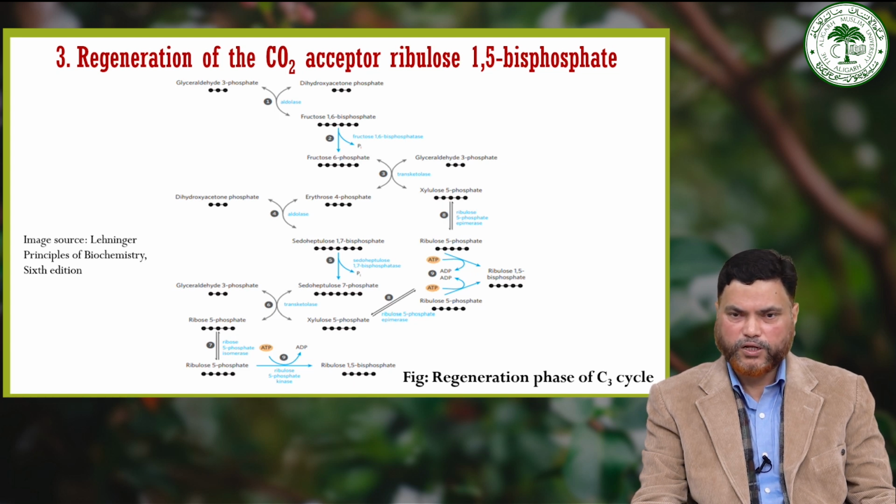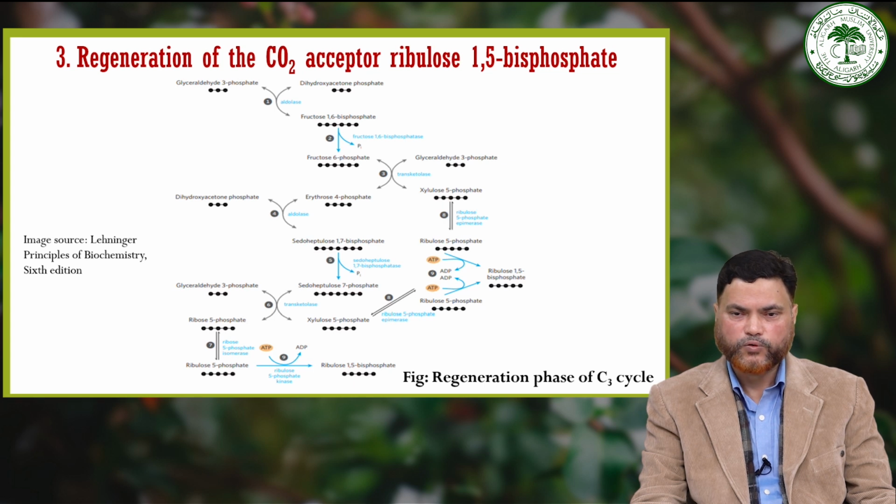Regeneration basically requires ATP and involves a complex network of reactions. The intermediates in this pathway are 3, 4, 5, 6 and 7 carbon sugars, and now let us discuss each of the reactions in a stepwise manner. In the diagram on the slide, which shows the interconversion of triose and pentose phosphates, the number of carbons is represented by black dots. Starting with glyceraldehyde 3-phosphate and dihydroxyacetone phosphate, which serve as the starting material,